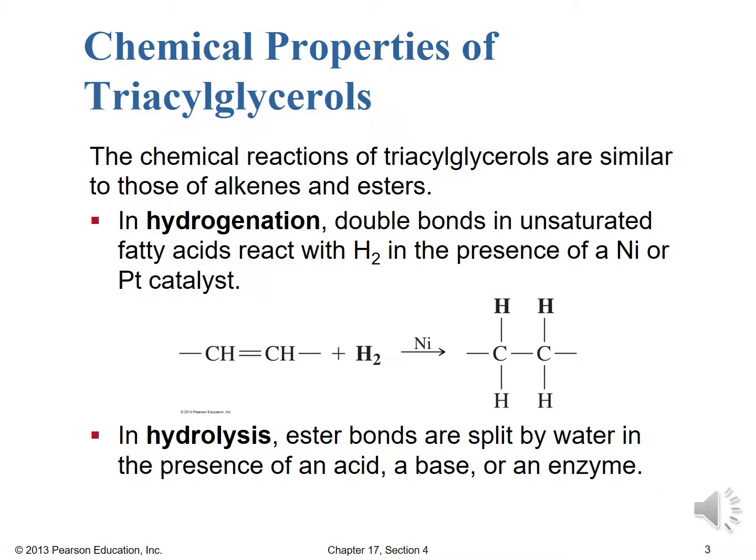Typically it's the polyunsaturated that get partially hydrogenated in the lab in the presence of hydrogen on a nickel catalyst, and we can saturate those former double bonds into single bonds. In hydrolysis, the ester bonds are split by water in the presence of an acid, a base, or an enzyme,